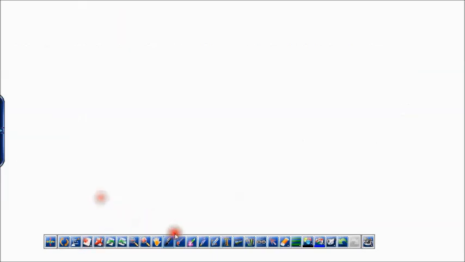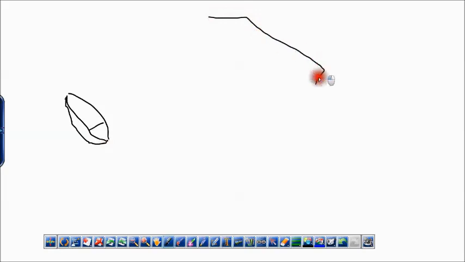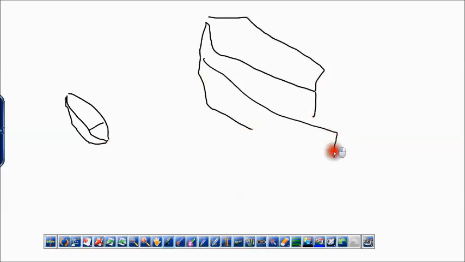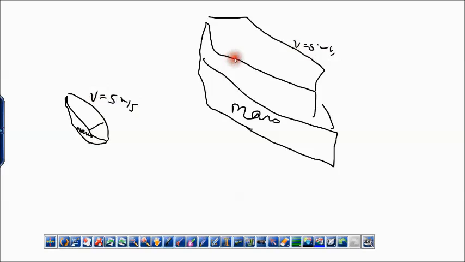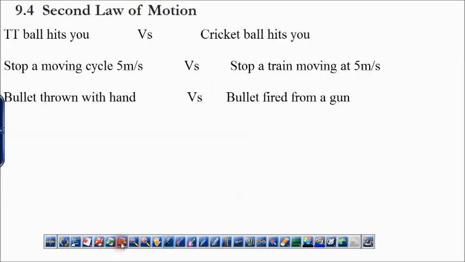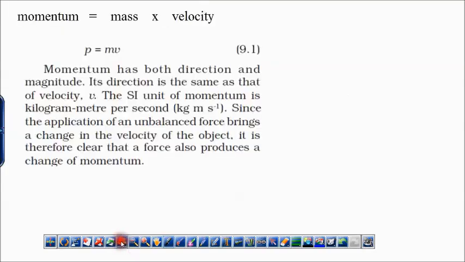Similarly, imagine a small boat which can easily be handled by a human being versus a giant steamer which is not so easy to manage. Why? Because the giant steamer has large mass and the boat has small mass. तो भले दोनों की वेलोसिटी सेम है, 5 मीटर पर सेकेंड, बट ज़्यादा मास डेंजरस होता है क्योंकि उसके पास ज़्यादा मोमेंटम है।